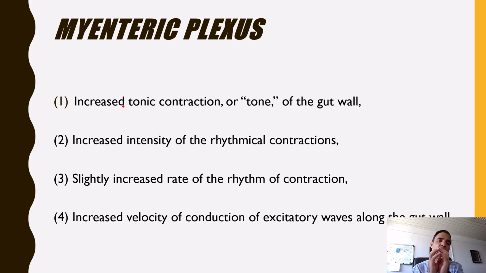This is named as tone. Sometimes this tone will be increased, sometimes decreased. And the myenteric nervous system, myenteric plexus, is responsible for regulation of this tone. On the other hand, myenteric plexus also increases the rhythmic contraction that we have in the smooth muscle. It slightly increases the rate of the rhythm of contraction and increases the velocity of conduction of the excitatory wave along